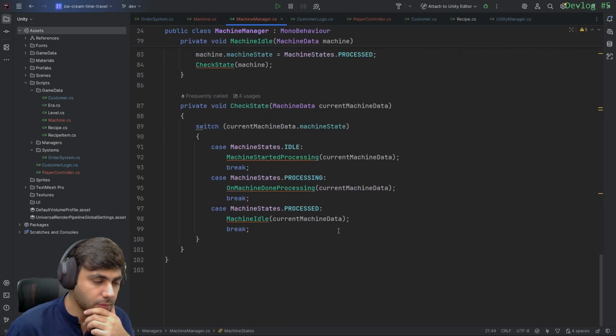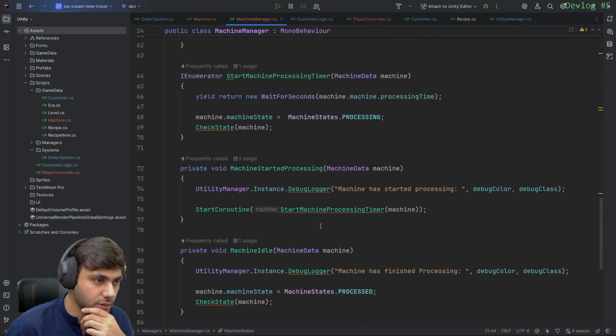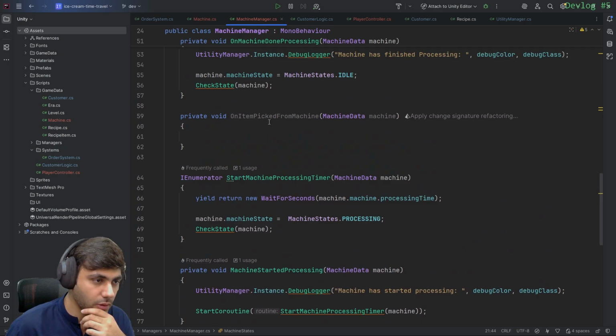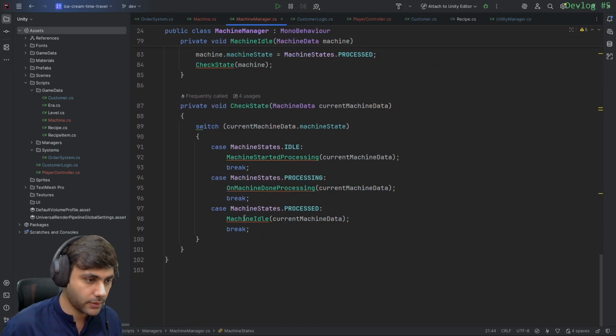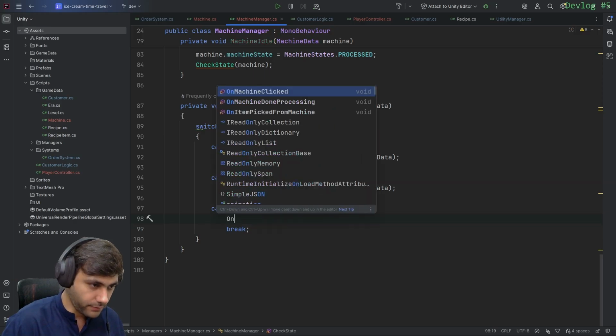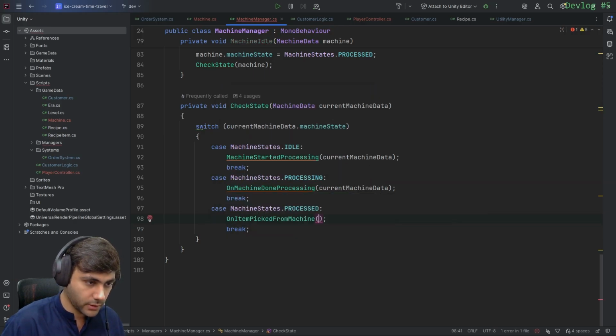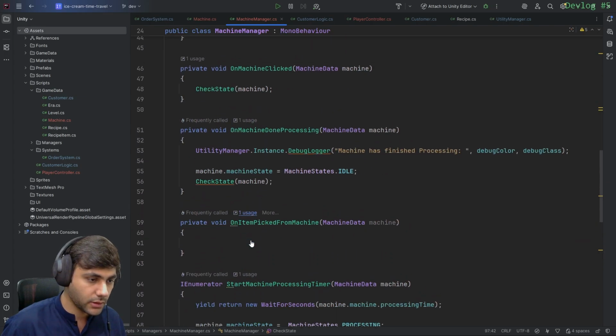Maybe ready to pick state, or maybe we can just call on item picked from machine from here and pass the current machine data,